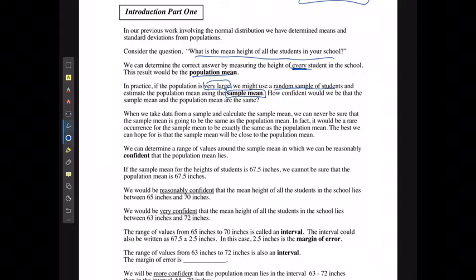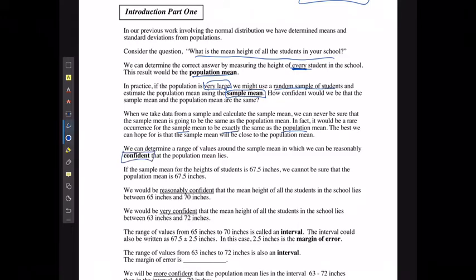same, well, when we take the data from a sample and calculate the sample mean, we can never be sure that the sample is going to be the same as the exact population. In fact, it would be a rare occurrence for the sample to be the exact same as the population mean. The best that we can hope is the sample mean will be close enough that it is working data. We can determine a range of values around the sample mean in which we can be reasonably confident that the